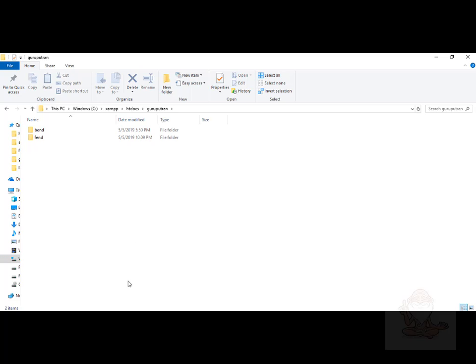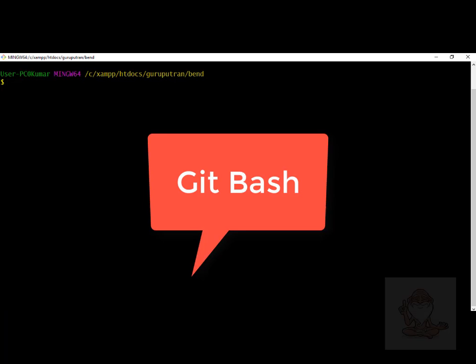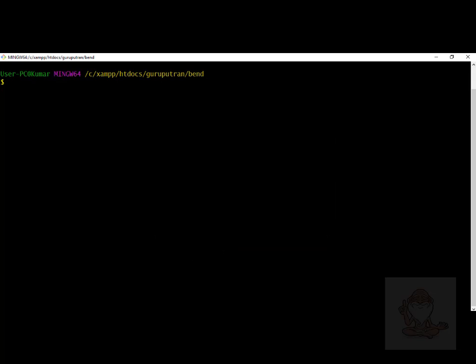In order to proceed further, we need to have a few tools ready with us. One is Git Bash. You can see I am using the Git Bash tool to make the command prompt active.